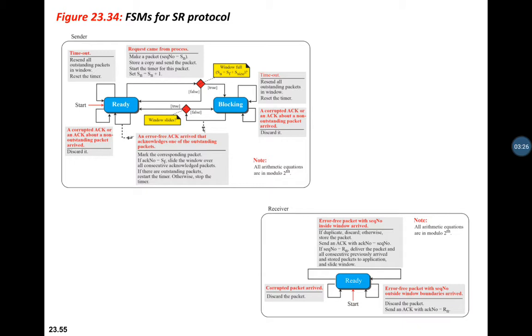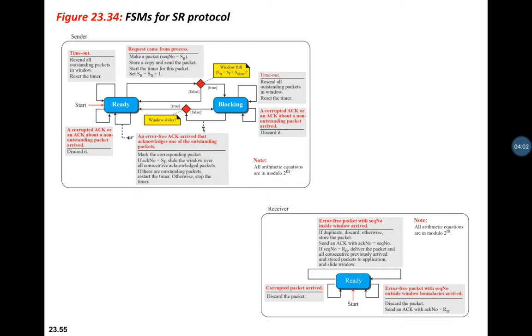Next is about acknowledgements. There is another difference between the two protocols. In go back N, the acknowledgement number is cumulative. It defines the sequence number of the next packet expected, confirming that all the previous packets, the group of those packets, were received safe and sound. But in the case of selective repeat, the acknowledgement number defines the sequence number of a single packet that is received, and there is no feedback for any other packet. It does not speak about the other packets. So that is what we had seen.